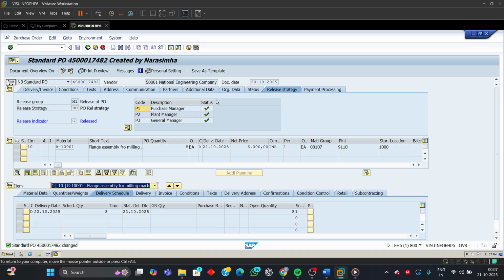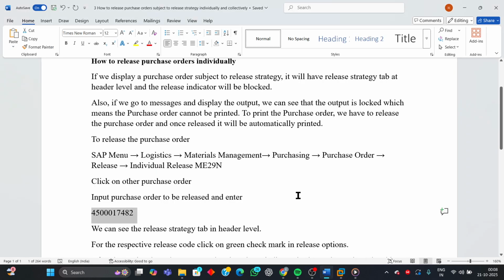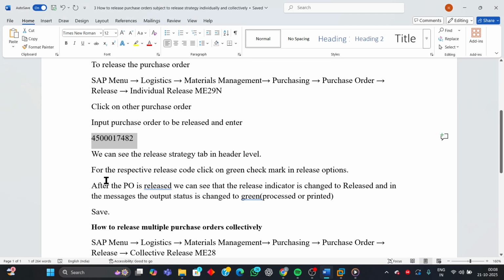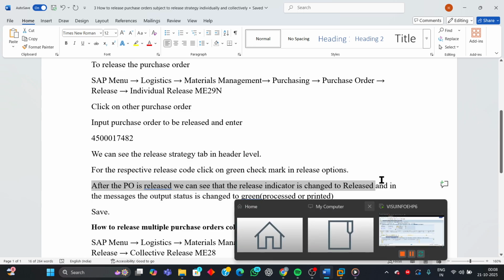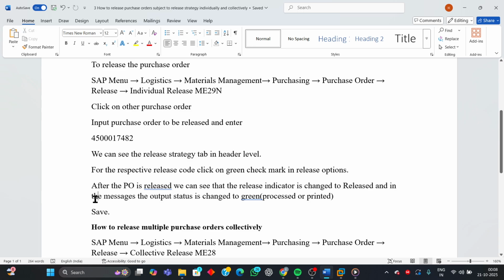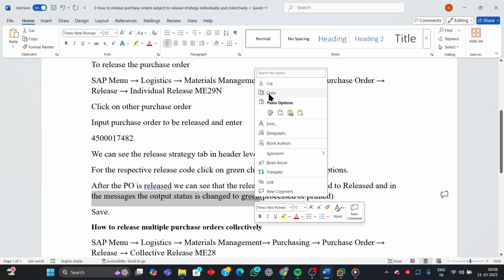Okay, now the purchase order is actually released. After a purchase order is released, we see two changes here. What are these two changes? The first thing is the release indicator will be changed to released. And in the messages, the output status is changed to green, which means